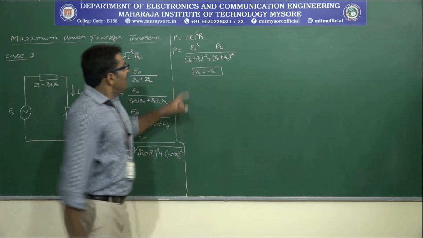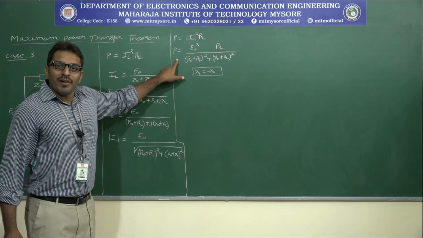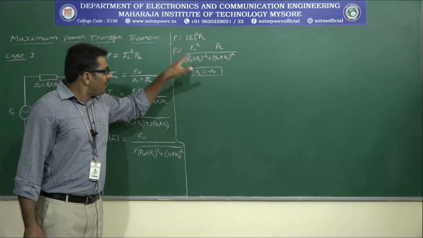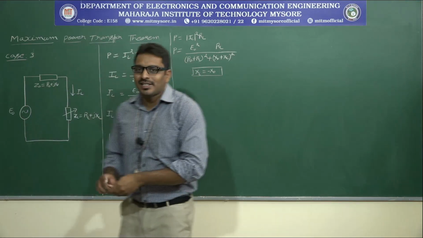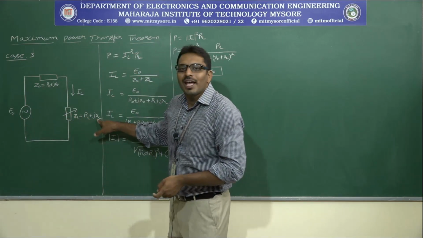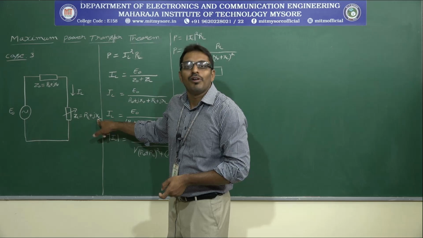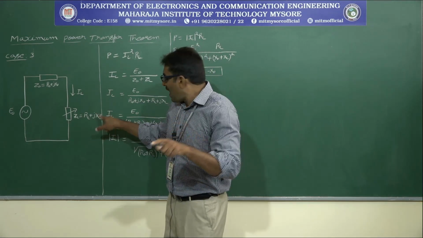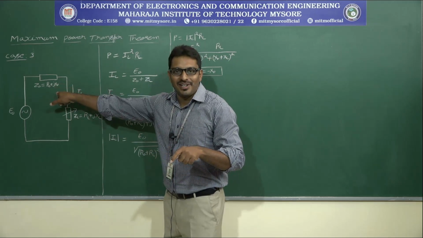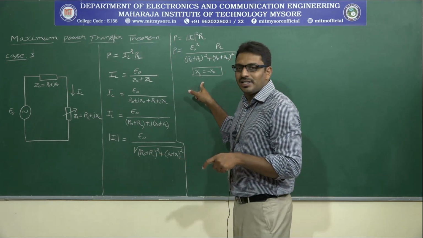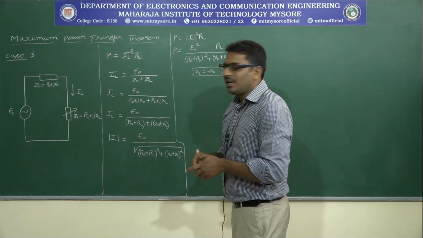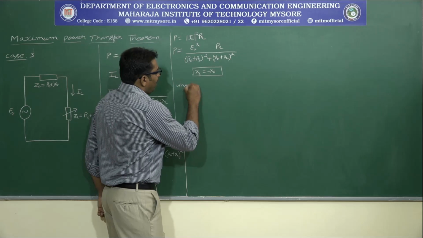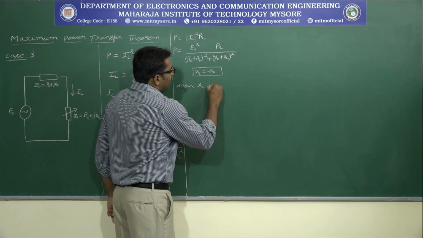See, in order to increase the power from source to load, this is the first condition. How we can obtain this condition means, before that, only when XL is variable, what is the condition we are going to get? XL is equal to minus X naught. That's why we are substituting this condition. Anyhow, we can prove that condition. How? When XL is variable.